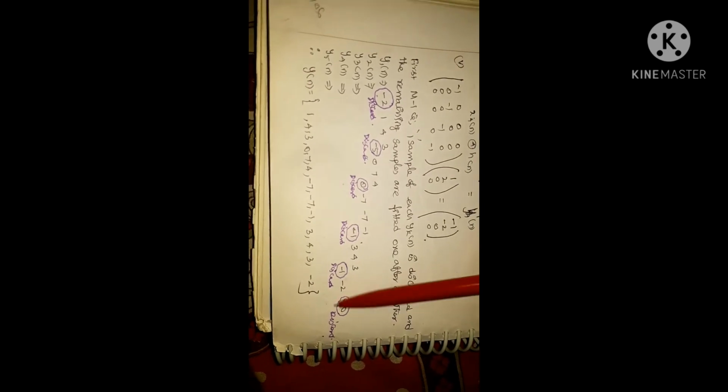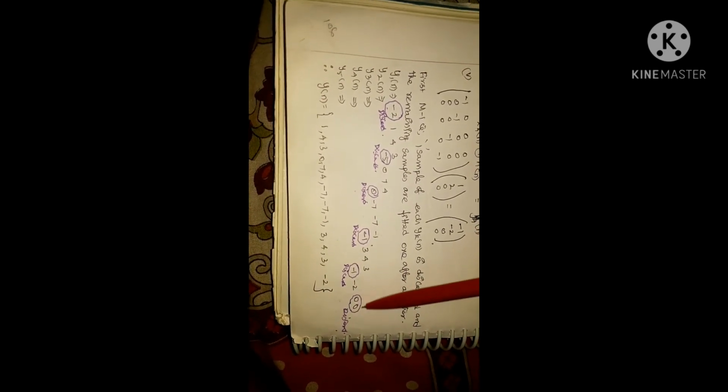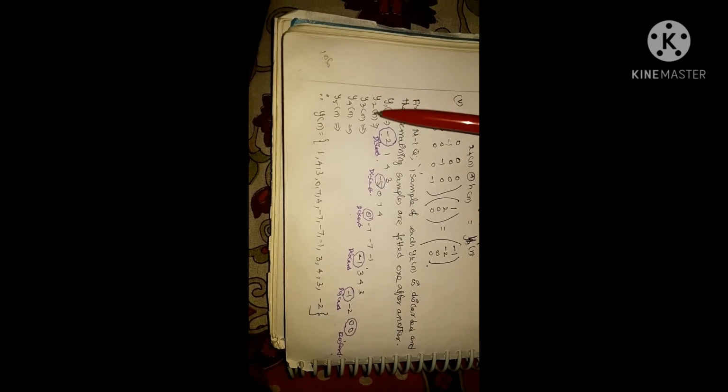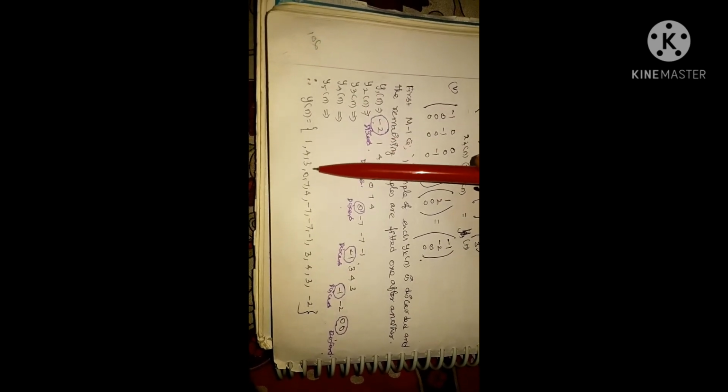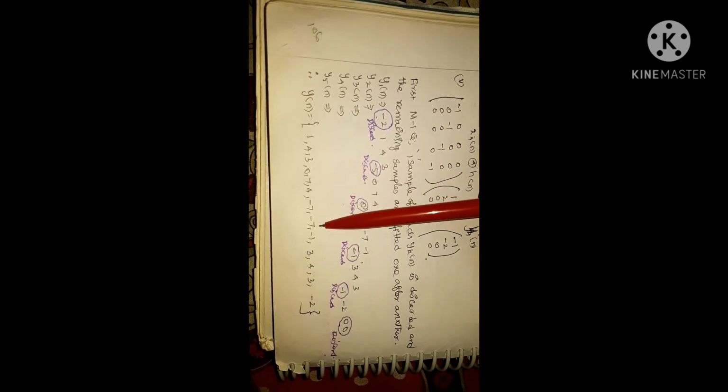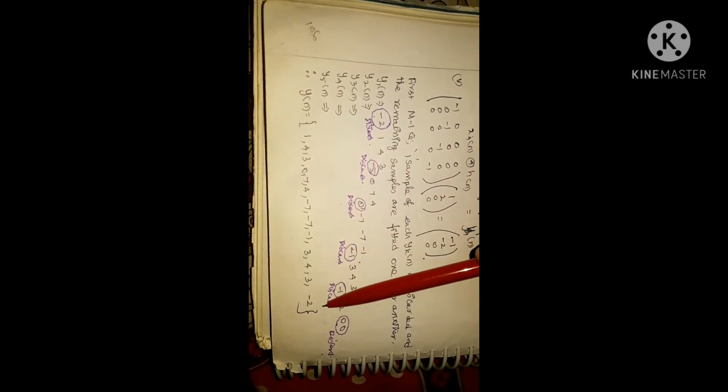So here minus 2, 1, 4, 3: you discard this one, so the balance is 1, 4, 3. And here this bit minus 5 you remove, leaving 0, 7, 4. Here you remove the first value, leaving minus 7, 1. Here 1 minus 1 you remove, leaving 3, 4, 3. Here the first bit you remove. So the balance, you can discard these two, because here in the fifth block we added 3. So m minus 1, here 1, 2, we must discard this one. Okay, so the total output will be 1, 4, 3, 0, 7, 4, minus 7, 1, 3, 4, 3, minus 2.